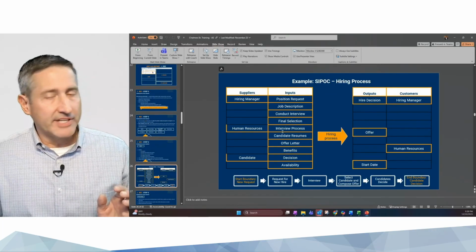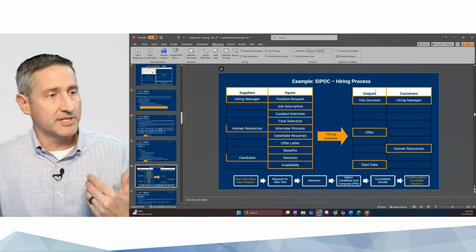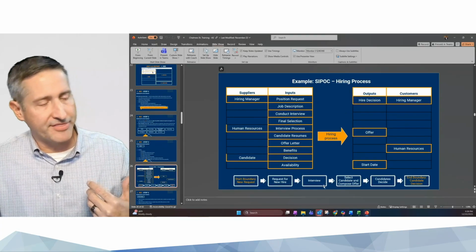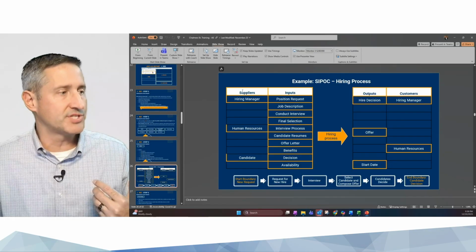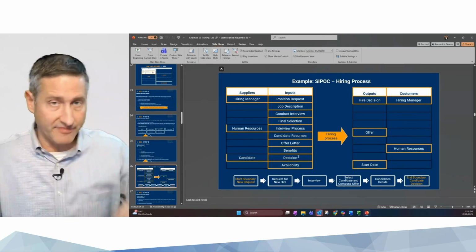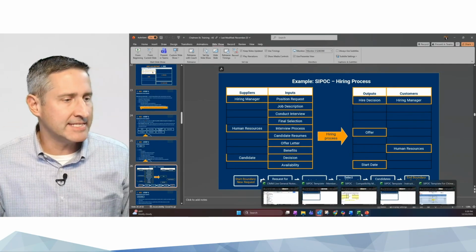Where these are kind of lists, what I'm typically looking at is outputs, then customers. I'm kind of thinking through the process, then inputs, and then suppliers. That's how I go through it with the group, and we're just brainstorming this stuff, and I'm just writing it down, or people are giving me post-it notes. In this case,